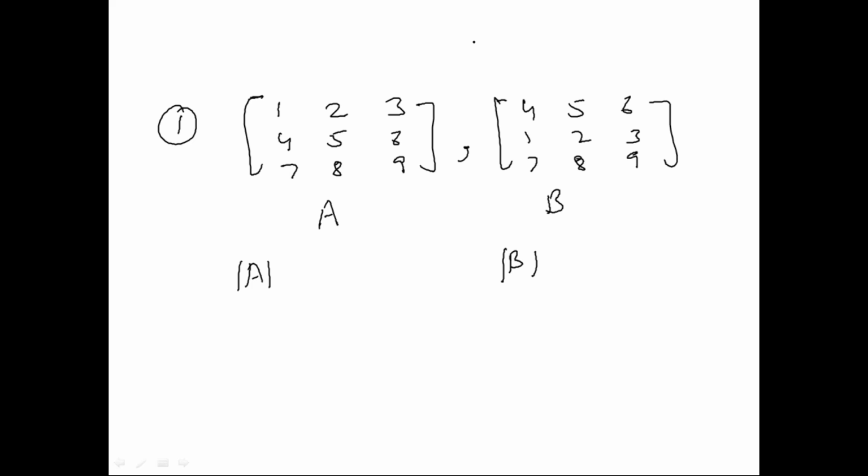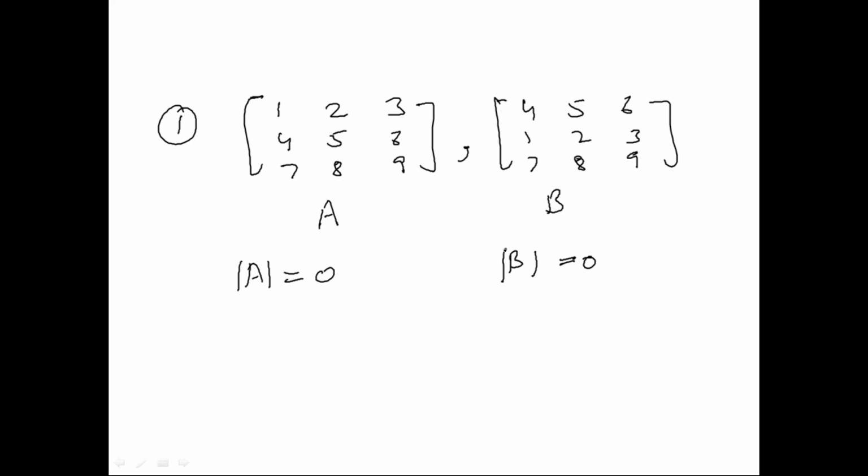What is the value of determinant A? 0, 0, perfect. Now you can see that determinant A is also 0 and determinant B is also 0. So that is what our property was saying. If we interchange a row or a column, the value of determinant does not change. I hope it is okay with you. Okay, write down the second property.